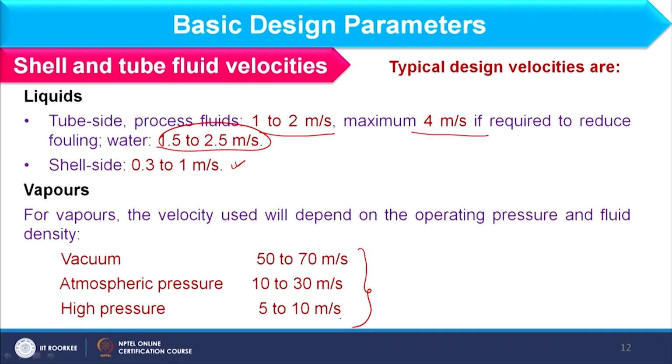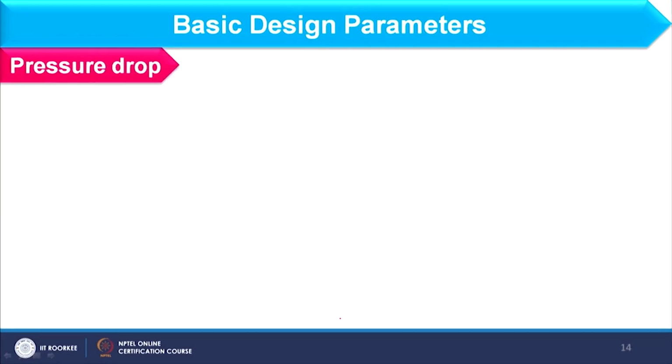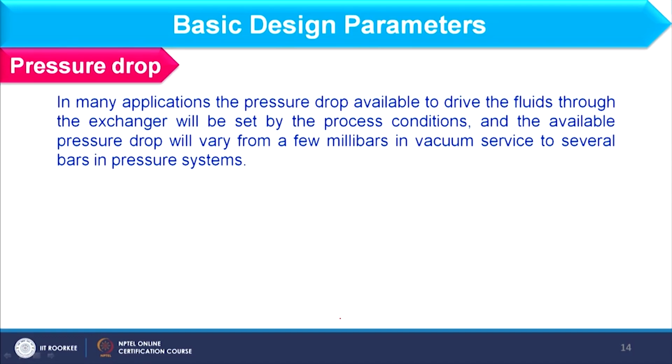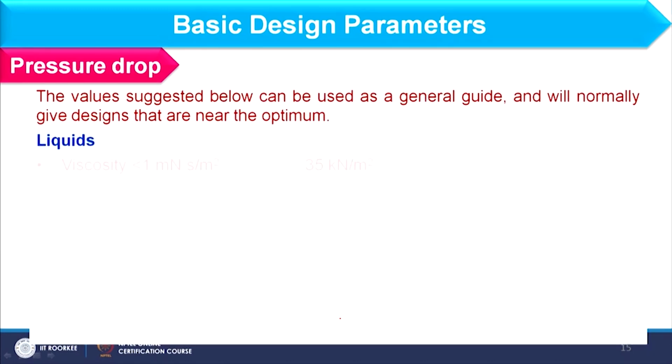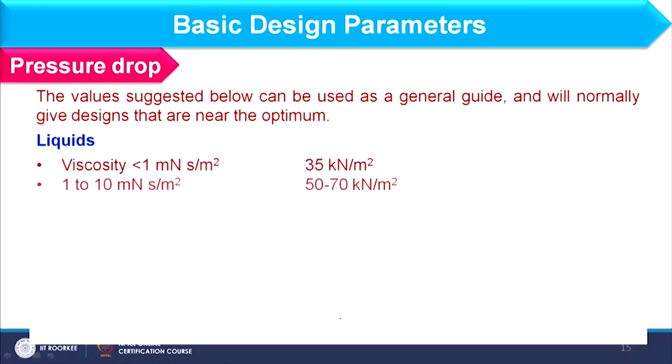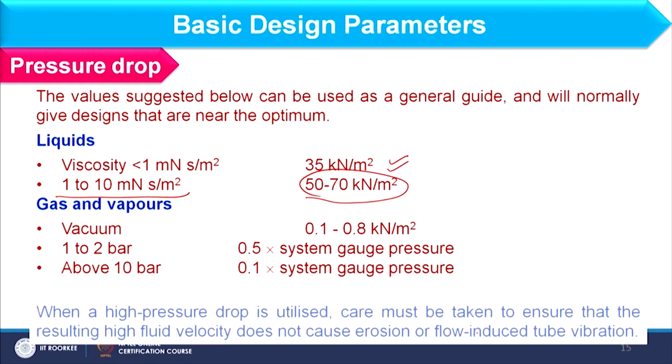So, these are some permissible limits to handle liquid and vapor in the shell side and tube side, and on similar lines I can consider the pressure drops in the shell side as well as in the tube side. These pressure drop limits are as per the optimum design. For liquid, if viscosity is less than 1 millinewton second per meter square, the maximum pressure drop should be 35 kilonewton per meter square, and similarly if viscosity changes up to 10 millinewton second per meter square, we can consider this much as the pressure drop range. In a similar way we can consider gas and vapor